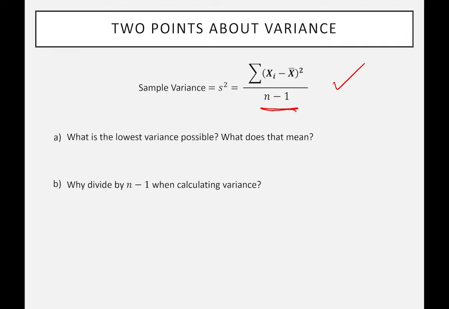The reason we divide by n minus 1 is because you cannot have a variance. You cannot calculate a variance if there's only one student in the class. Another way of looking at it, too, and this is kind of closer to the actual reason, is that in the process of calculating a variance, one of the observations gets